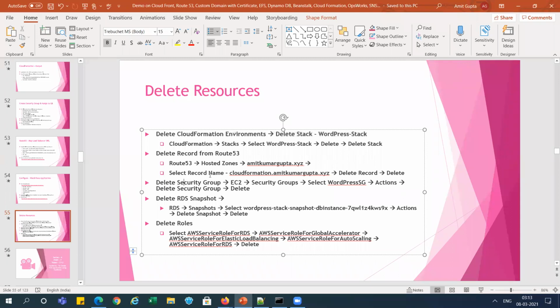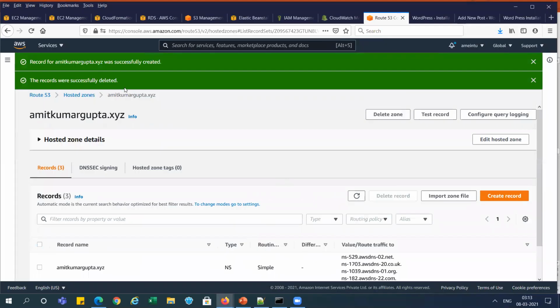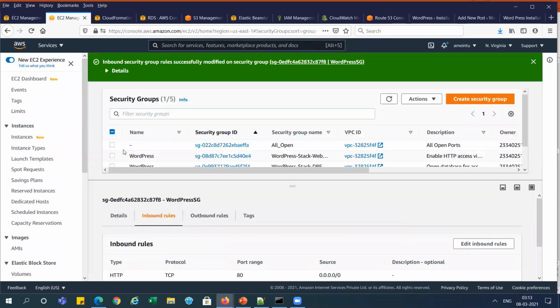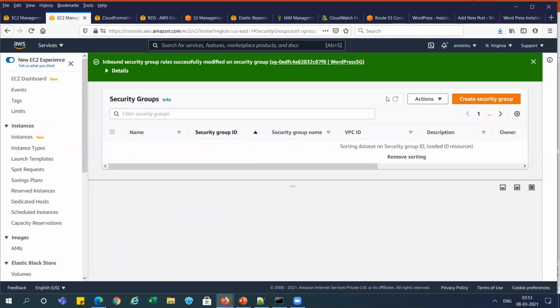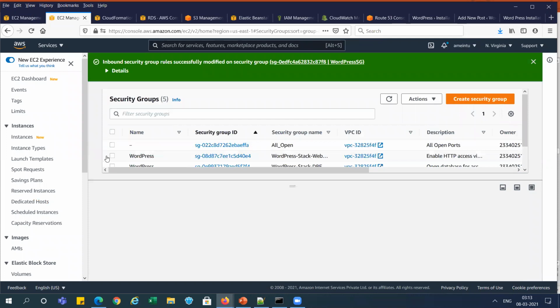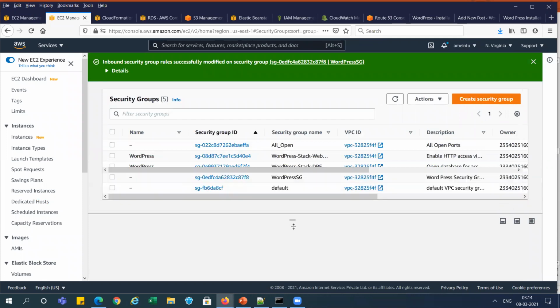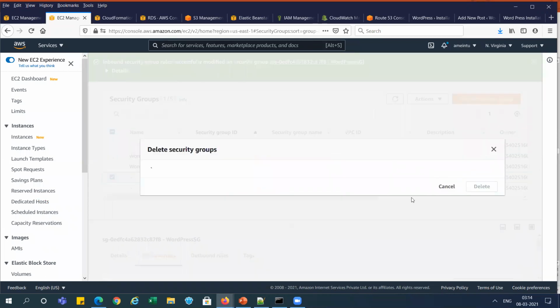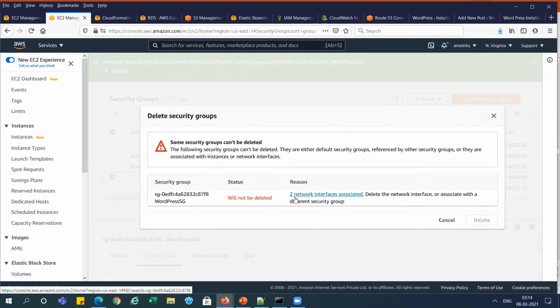Next step is to delete the security group which you have created earlier, right? So let's go, and this is the security group. This is the WordPress security group which you have created. Delete security group. Let me see whether it is still associated with that thing.